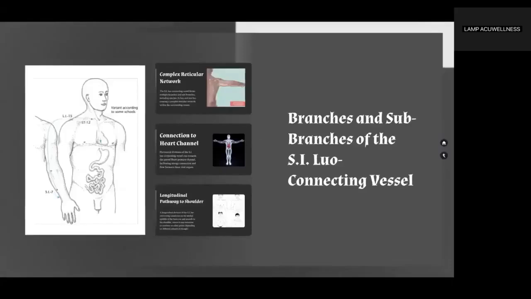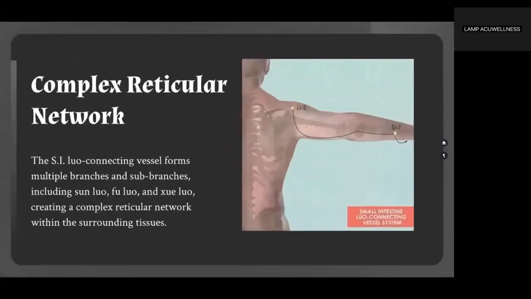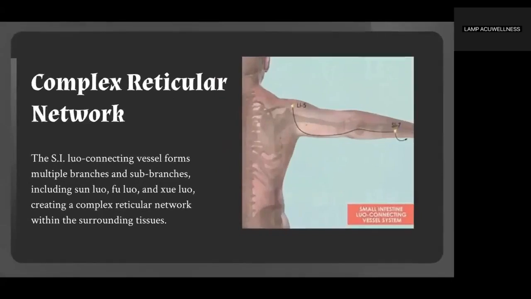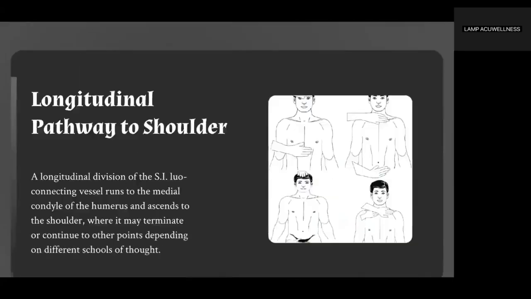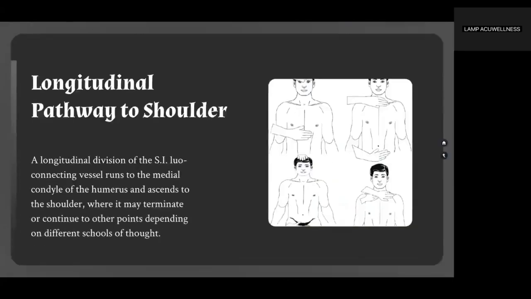Branches and sub-branches of the SI Luo-Connecting Vessel. The SI Luo-Connecting Vessel forms multiple branches and sub-branches, including Sun Luo, Fu Luo, and Shui Luo, creating a complex reticular network within the surrounding tissues. Horizontal divisions of the SI Luo-Connecting Vessel run towards the paired heart primary channel, facilitating energy connection and flow between these vital organs. A longitudinal division of the SI Luo-Connecting Vessel runs to the medial condyle of the humerus and